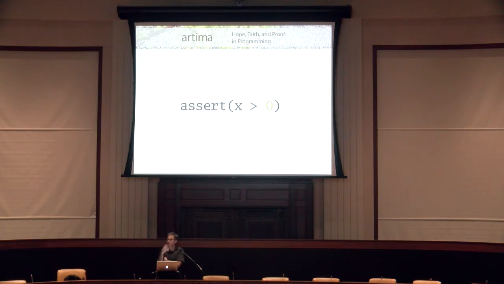So the idea is you could sprinkle assert in your code and make it better somehow, right? So I wasn't sure what to do with that. I mean, I wasn't sure when to put asserts in my code. I just didn't know. I understood how it worked, but I didn't know how to apply it, right?